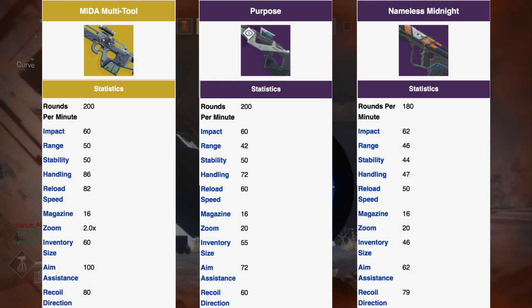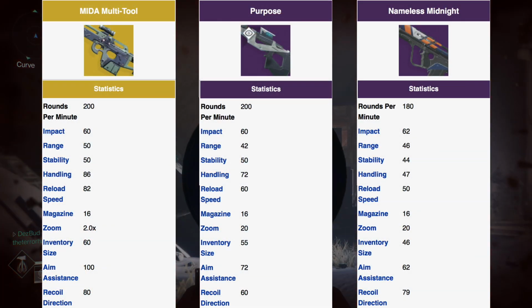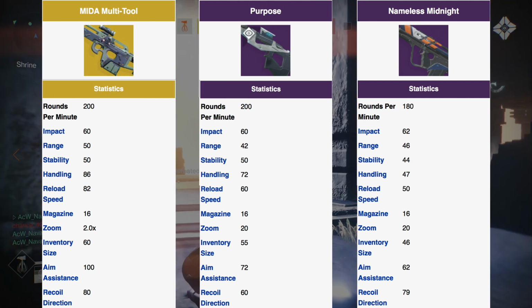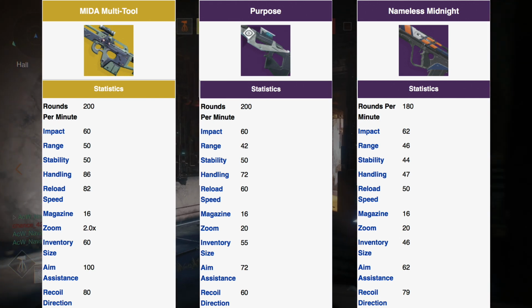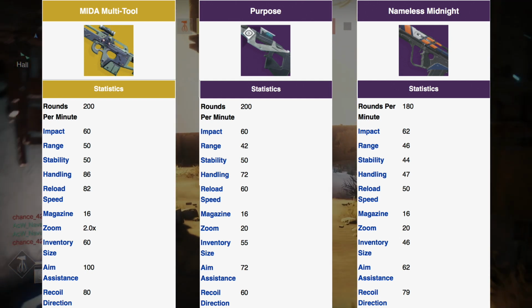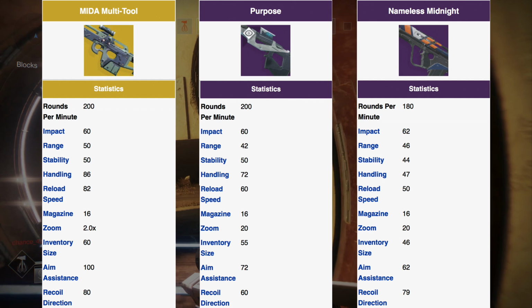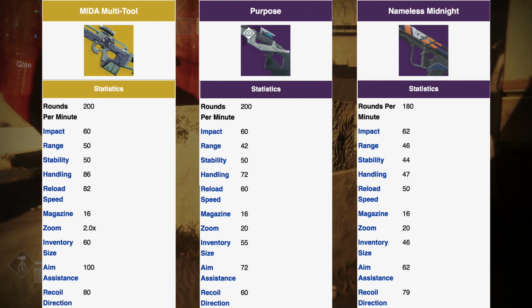So as you guys can see right here on the screen, we have the Mida, Purpose, and Nameless Midnight going from left to right. The very first thing that I want to point out here is these weapon stability factors, as we have a stability factor of 50, 50, and 44 going from left to right on the screen. So right here we can already see that the Mida and the Purpose are much more stable in comparison to